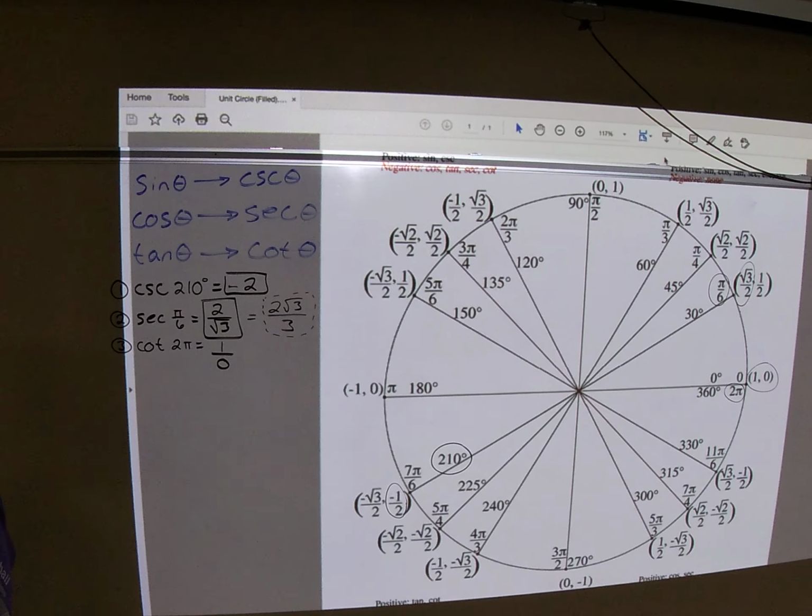Now, can you divide by 0? And the answer is no. Why? Because it is undefined. So in your calculator, if you put 1 divided by 0, you would get an error message. And that error message is your indicator that this is actually undefined. Sometimes we put a 0 with a line through it, or we can just write undefined. So we will practice more with the unit circle and the reciprocal identities